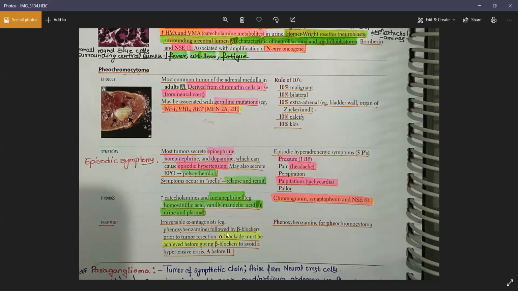Can you say that one more time? Sorry. See, if you give the patient beta blockers first without giving the alpha blocker, what's going to happen? The beta receptors are gone now, okay? And the function of beta receptors in the blood vessels is to cause vasodilation, and the function of alpha receptors is to cause vasoconstriction. Okay, so because the catecholamines are releasing